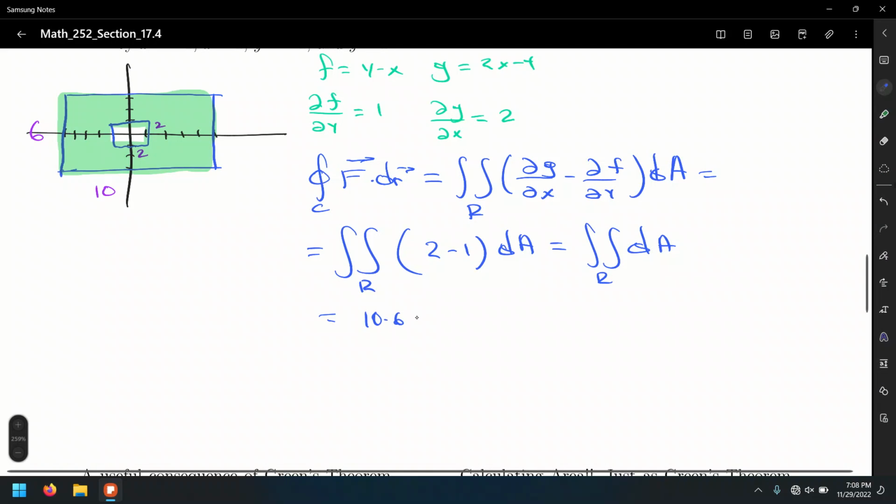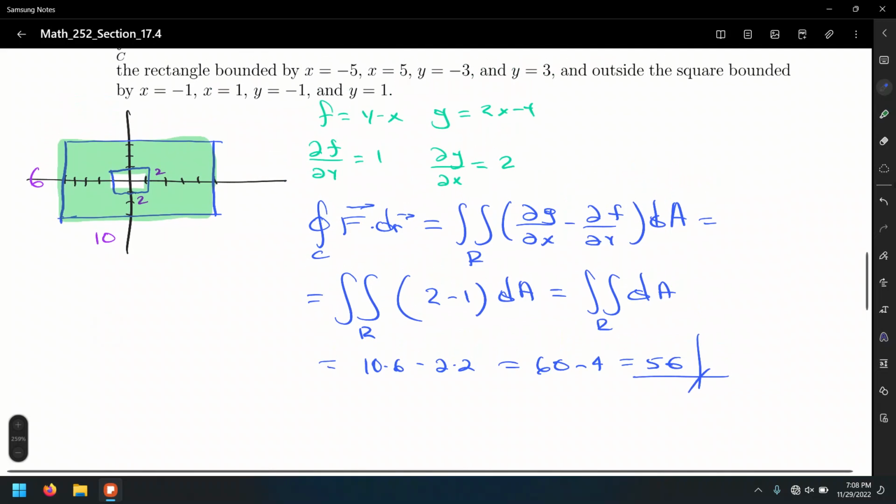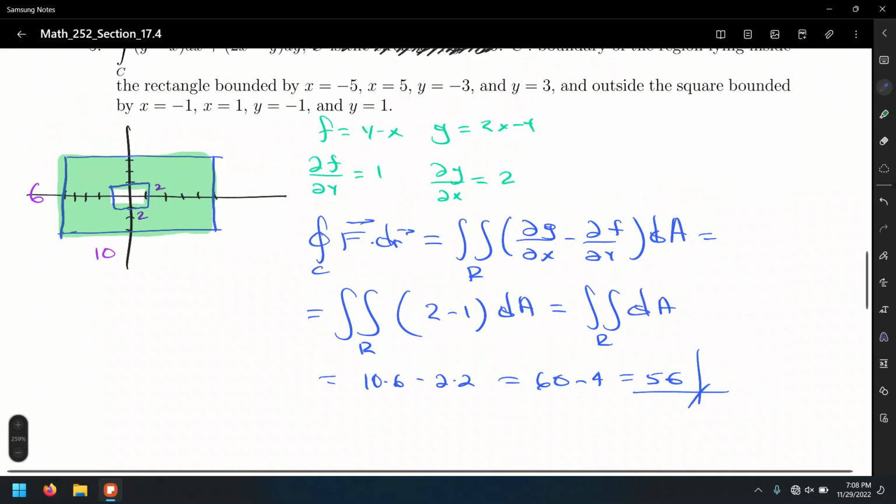10 times 6 minus 2 times 2, which is 60 minus 4, which is 56. And that's the value of the integral. Now,